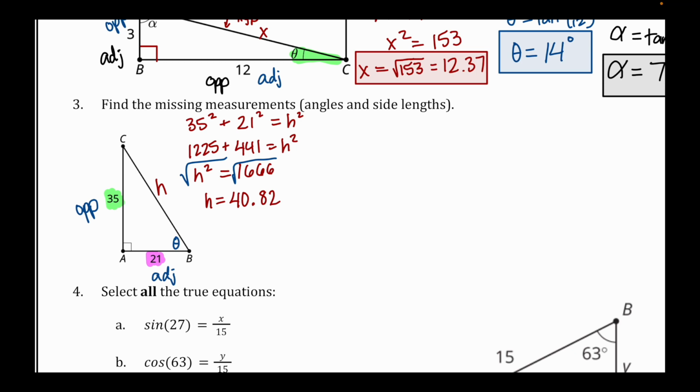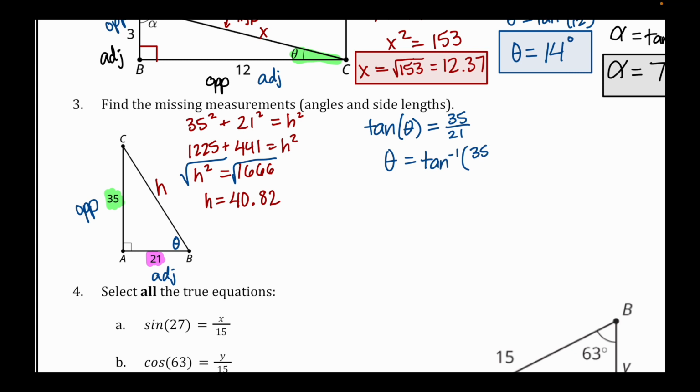So tangent of theta is going to equal 35 over 21 because tangent is opposite over adjacent. So with my handy dandy calculator, we are going to do the inverse tangent of both sides. So that will cancel out tangent here and just leave us with theta,